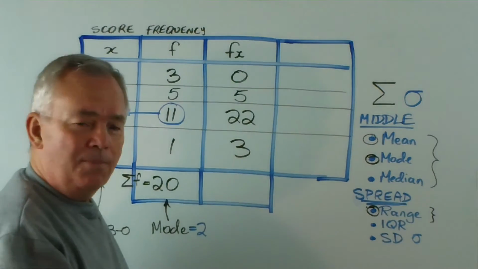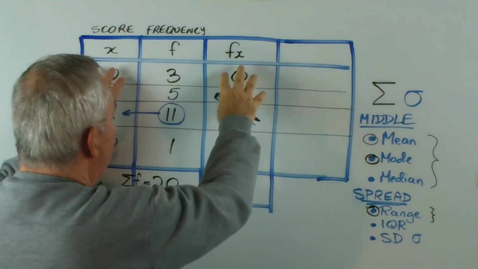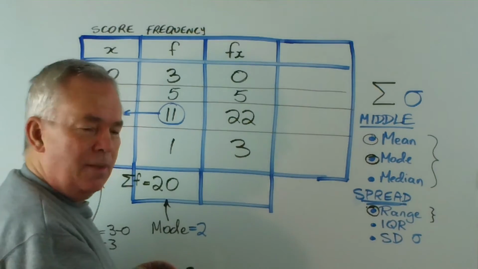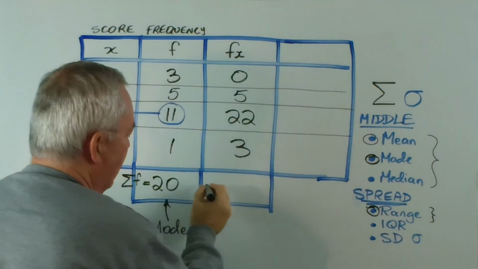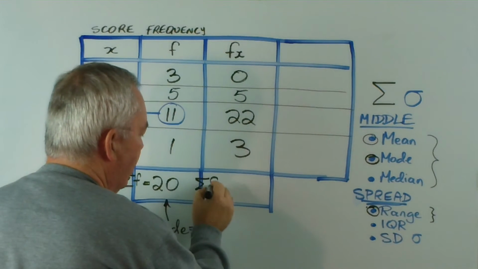That's rather simple, isn't it? And this is recording the same items, if you like. If this is studying pets, this is studying pets. And if we total this up, if we add up the fx column,